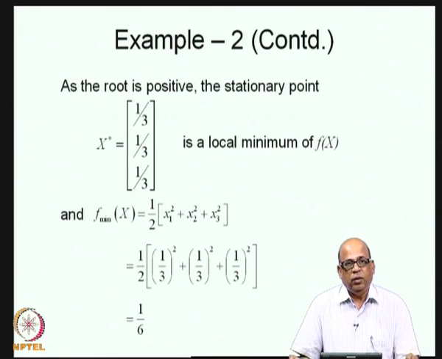Now, in most engineering decision-making problems, engineering optimization problems, we do not have the luxury of having all equality constraints, and therefore, we may not be able to use the Lagrange multiplier method directly. We will in general be dealing with a general problem of the type: maximize or minimize f of x subject to g j of x less than or equal to 0. There are inequality constraints.